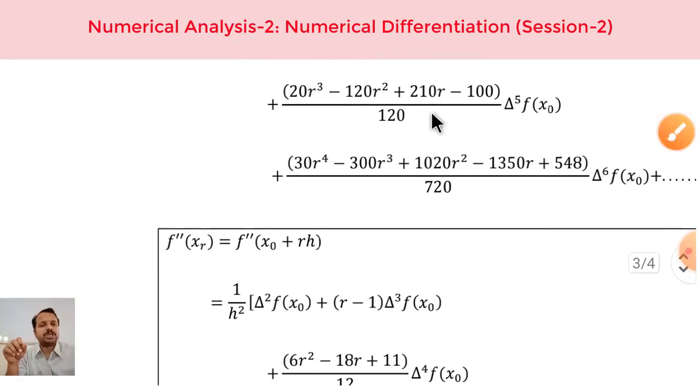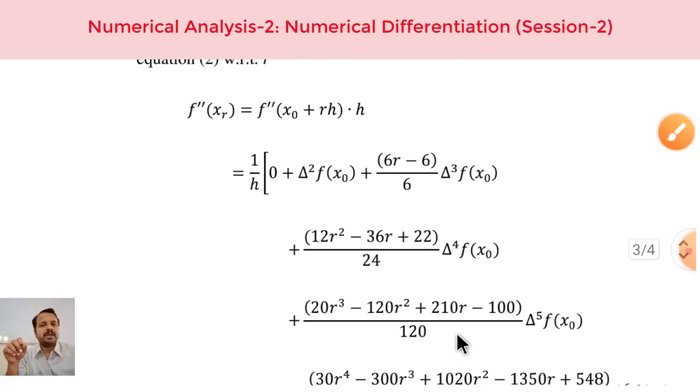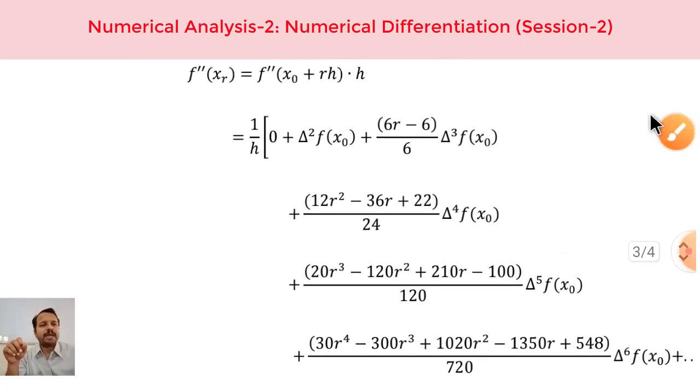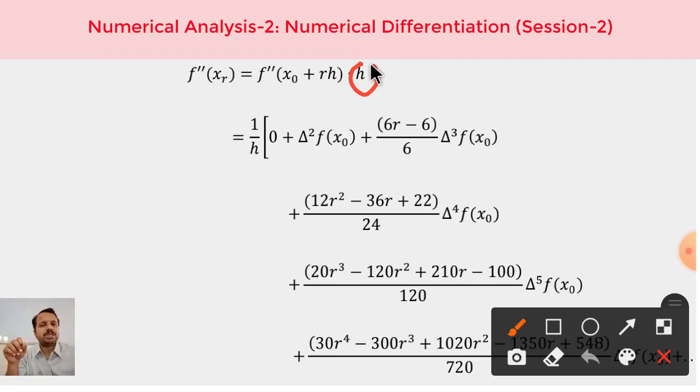So try to get this type of terms, and once again, if you simplify by taking this h to the other side, we don't want this h here, we can take it to the other side. When we take it to the other side, it comes to the denominator. So it is 1 by h already here, one more h if it comes, it becomes 1 by h square. So the LHS is only this much. So that is what I have written here.